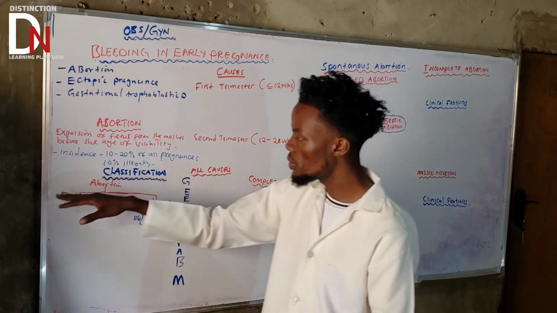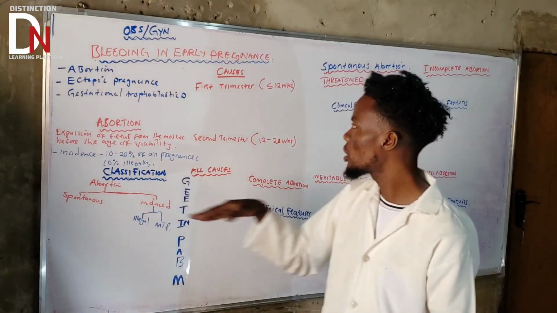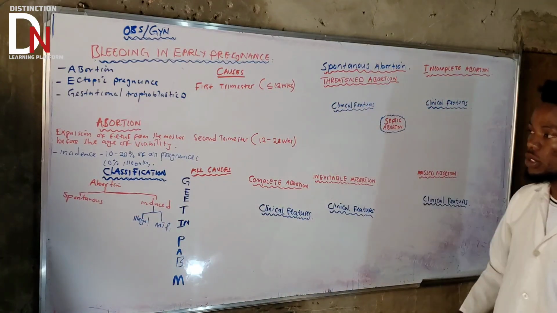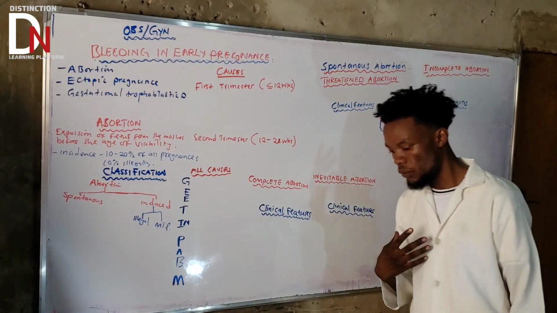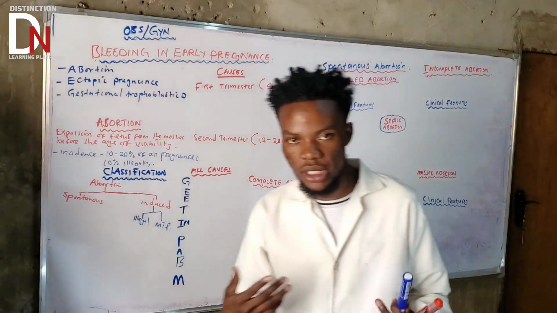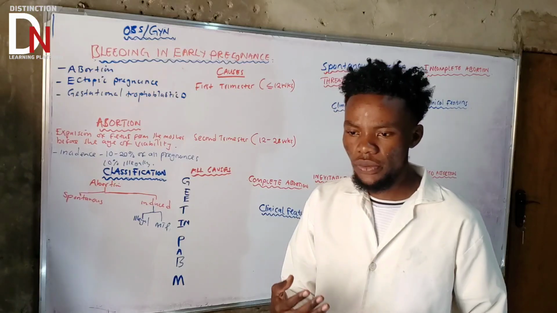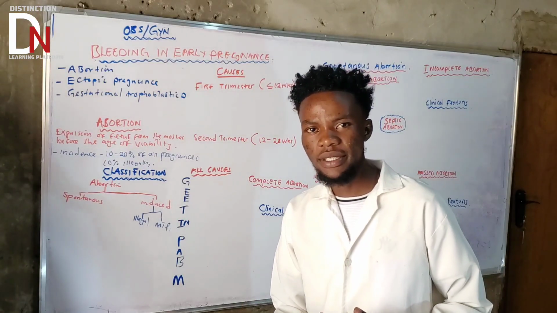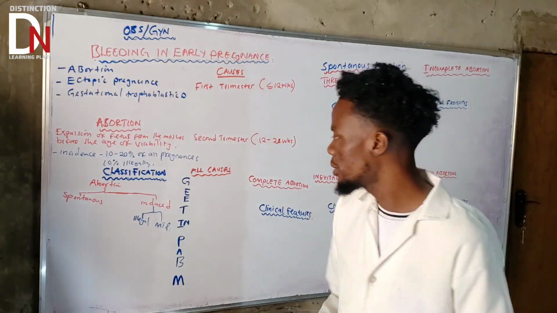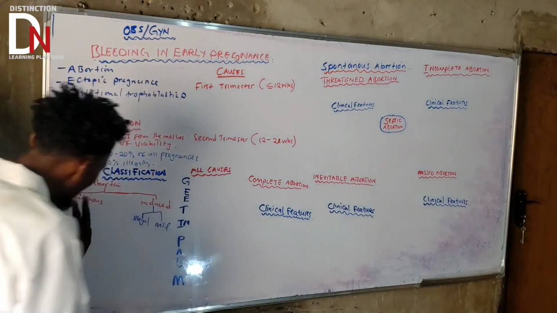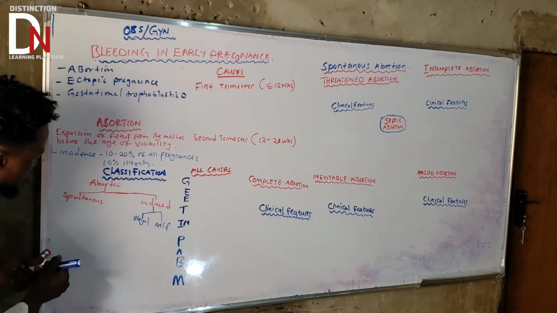Now let's go here, to the most important one, spontaneous abortion. Spontaneous abortion is happening on its own. Happening on its own can also be of two types. Is it maybe sporadic? So this spontaneous abortion can either be this, okay?